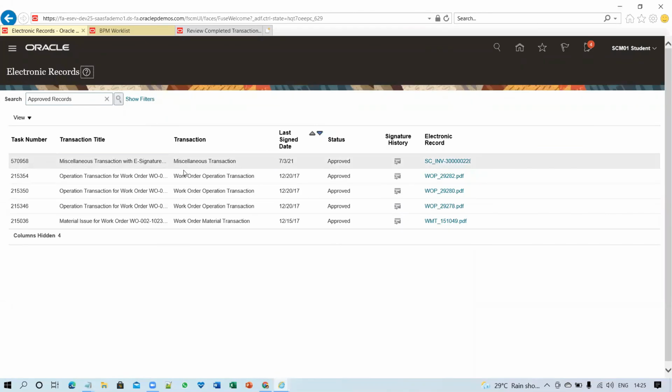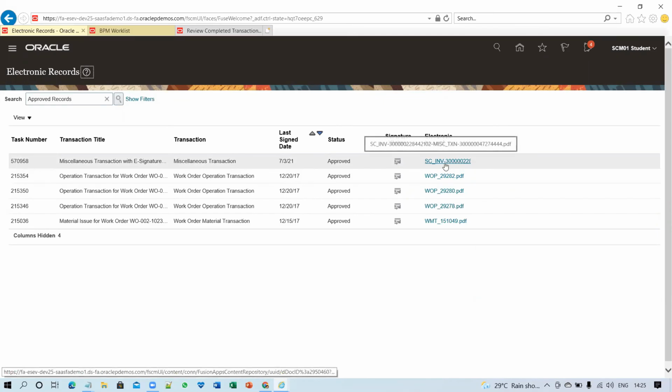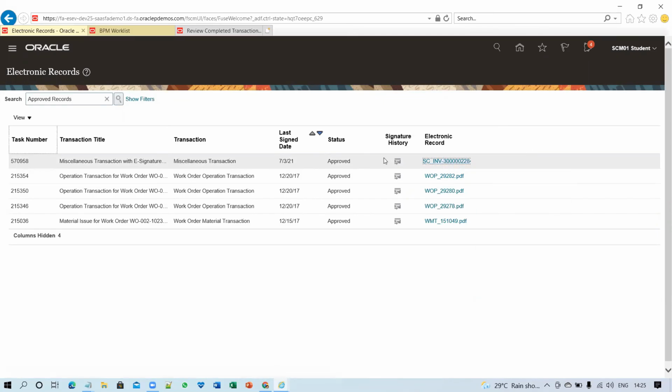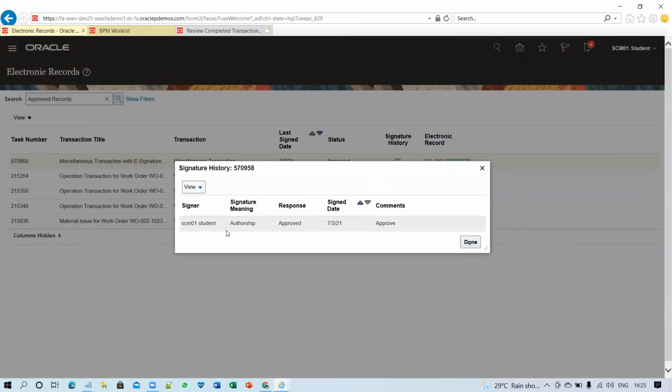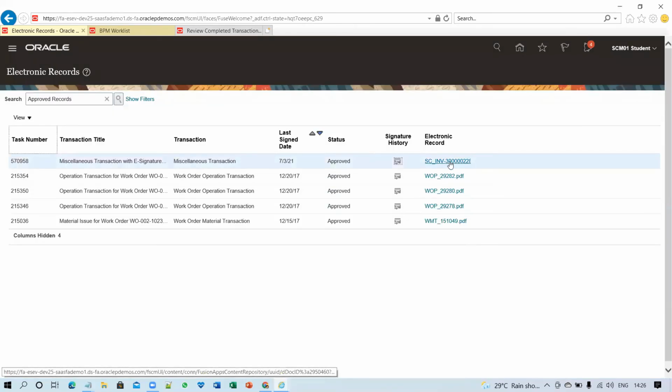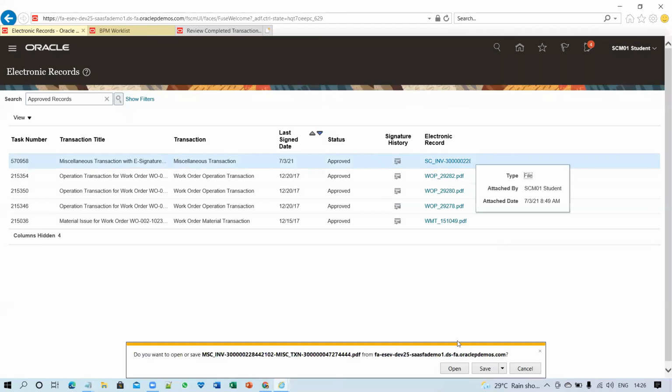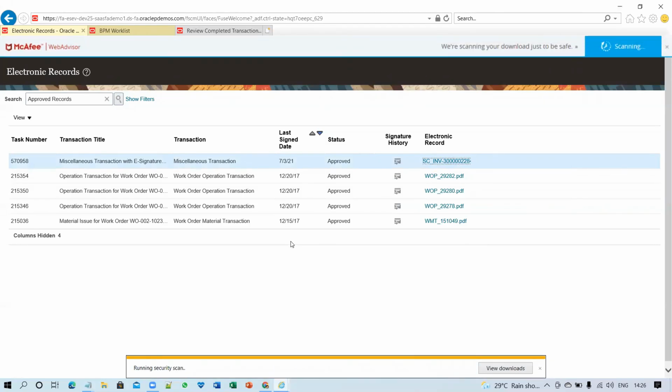And within the records, you can see the transaction recently processed by us. If you click on the signature history, you can see the history available for us to review. You can see the authorship, approved, and signature date. You can see all that information. And if you click on the document, that document will be downloaded.